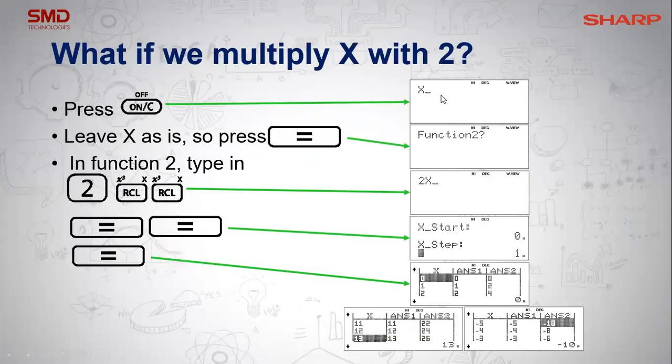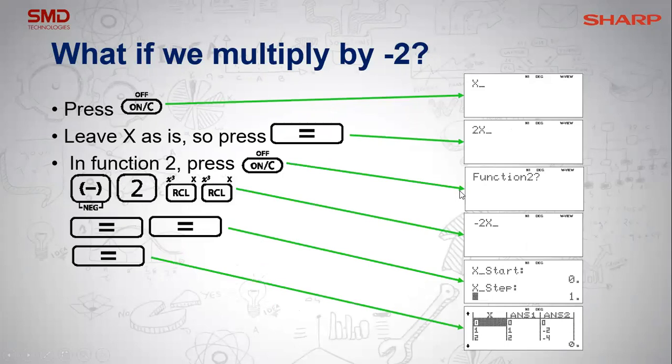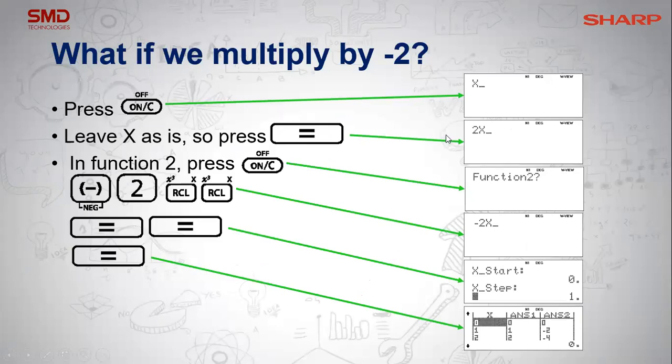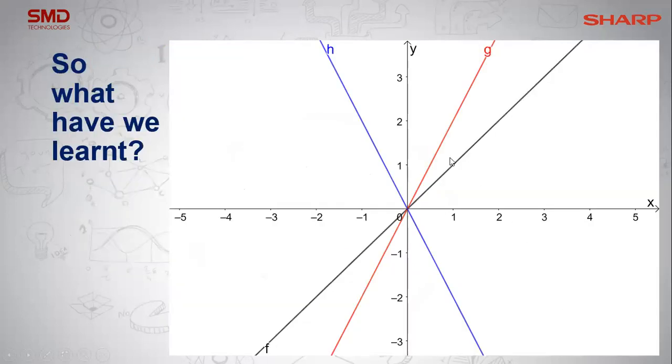Okay. Then I went back and I left my function 1 as an x, but in function 2, I multiplied the x by 2, and I looked at what's happening in my table. And you can see that the values in answer 2 are twice as big as the values in answer 1. And so when I draw this on my Cartesian plane, which we'll get to in a second, you'll see that it increases the gradient. Then I said, okay, but what happens if I multiply by -2 instead of by 2? So I changed function 2 to a -2x and looked at the values there in my table, and I plotted